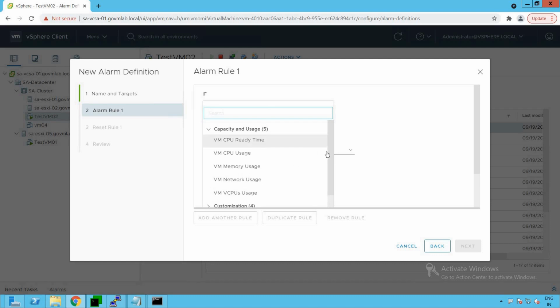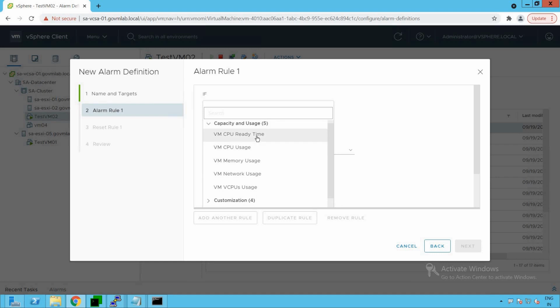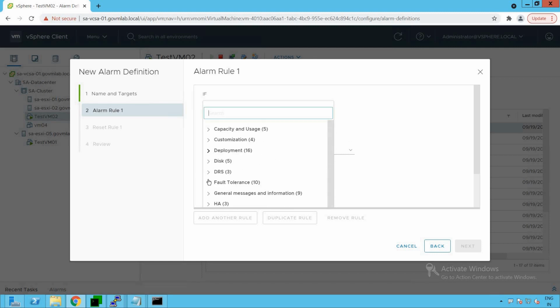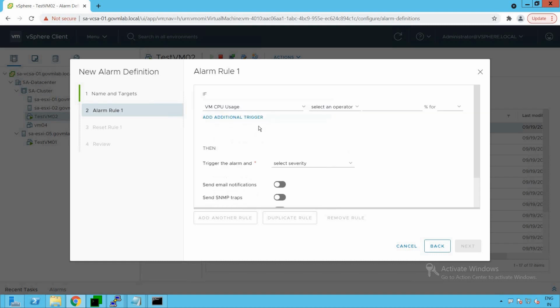For capacity and usage, that's the category of alarms. As you can see, CPU ready time, usage, memory usage, network usage. We have a lot of metrics available. For deployment, we have a lot of alarms like cannot migrate a VM, creating virtual machine, deploying VM. So you could browse through all these metrics and create your customized alarm based on your specific application requirement. For now, we are creating an alarm which is very specific to CPU usage. So we are going to select the trigger as VM CPU usage,